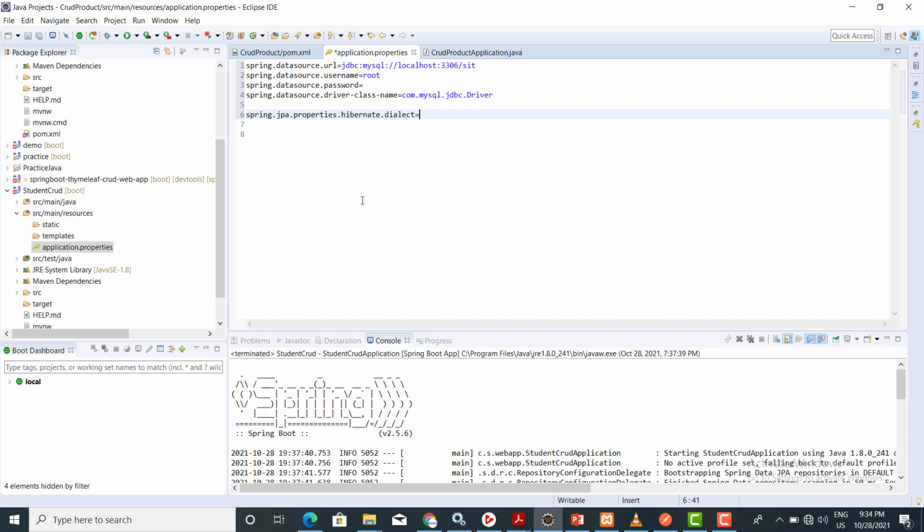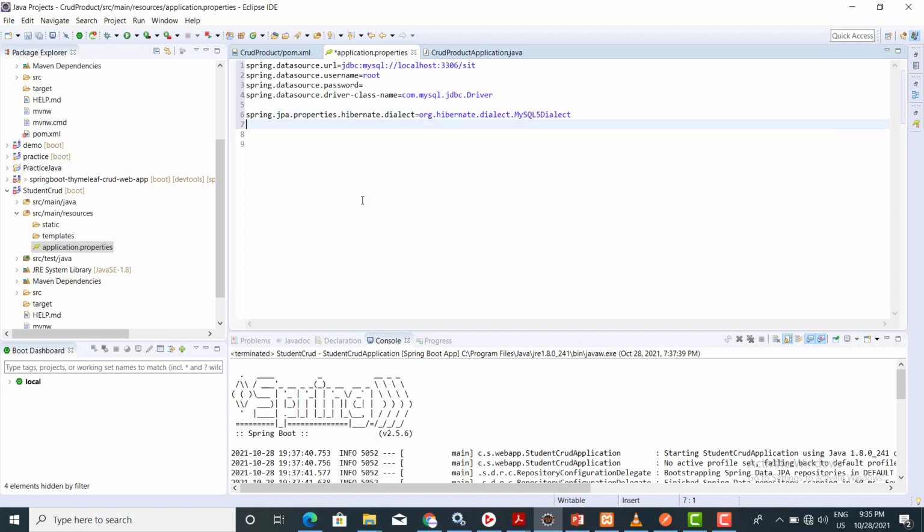So this dialect name is org.hibernate.dialect.MySQLDialect. So it is a MySQL dialect.